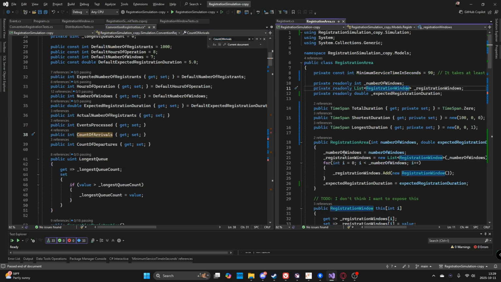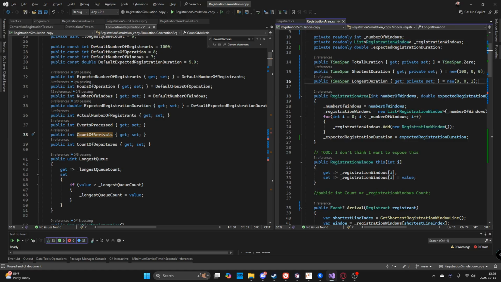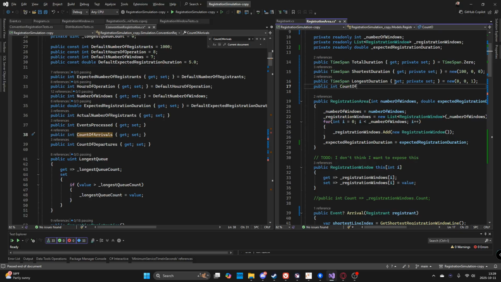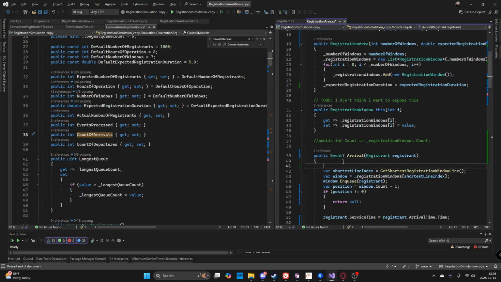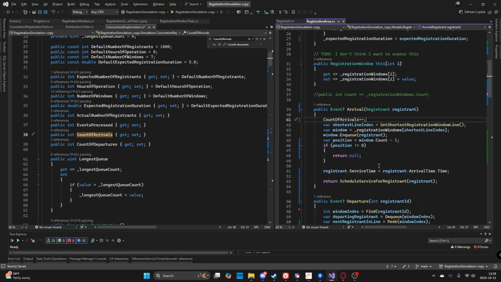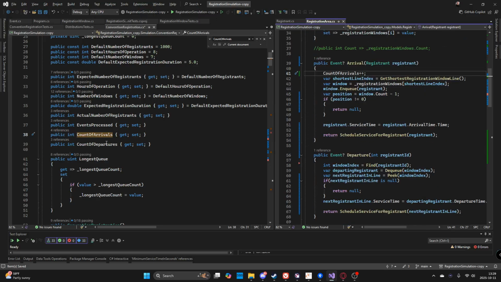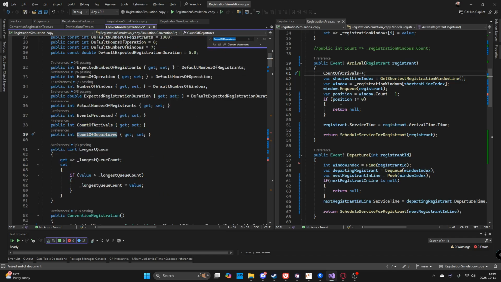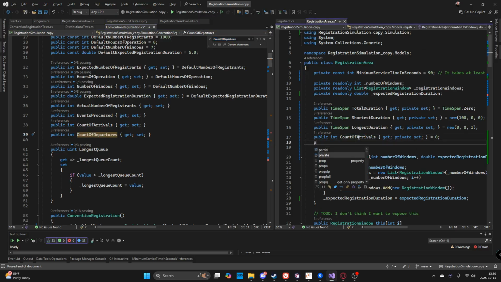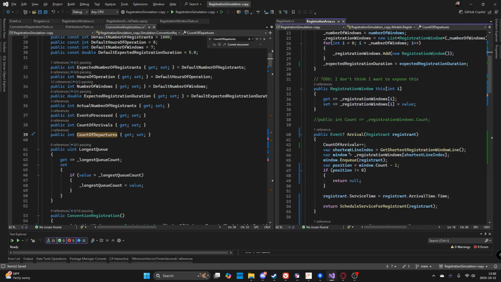So let's do here with our other ones here. Public int count of arrivals, get private set equals 0. So anytime we get an arrival, we'll do count of arrivals plus plus. Count of departures is probably the same thing. Do that too. Departures get private set equals 0. Anytime we do a departure,